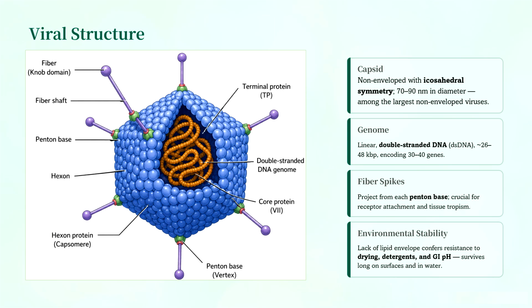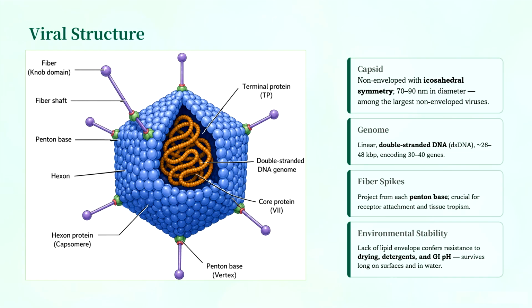The core proteins. Viral DNA is associated with several basic core proteins, that is protein 7, which helps in packaging and condenses viral DNA, protein 5, which connects the viral DNA core to the capsid, and protein mu, which further stabilizes the DNA packaging. Several other minor capsid proteins are protein 3A, protein 6, protein 8, and protein 9. These proteins strengthen the capsid and assist in viral assembly and cell entry.